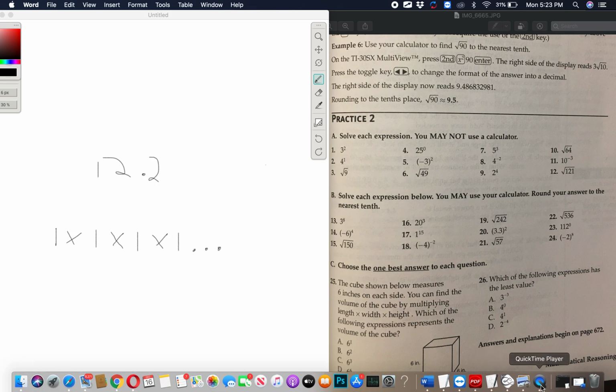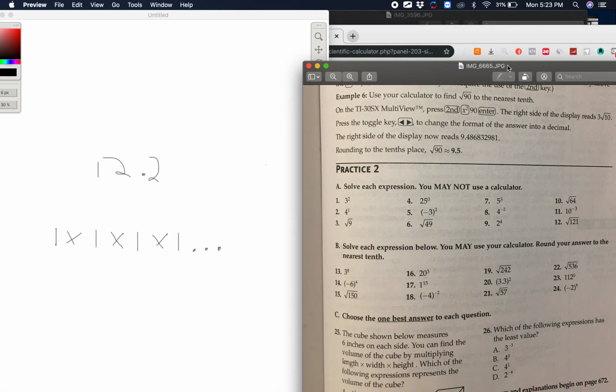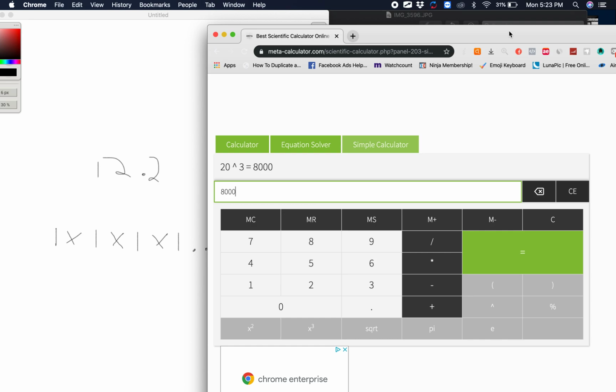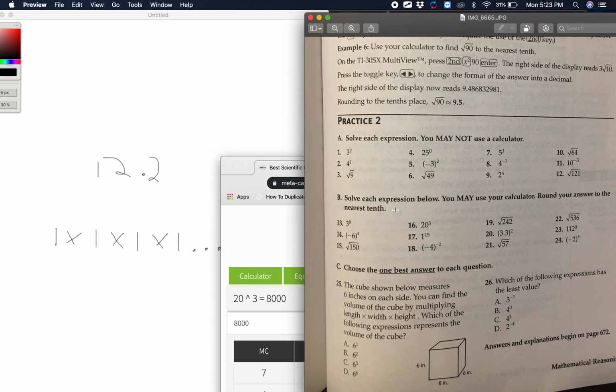Okay. Not sure where the calculator went. If I close it, there it is. Okay, so